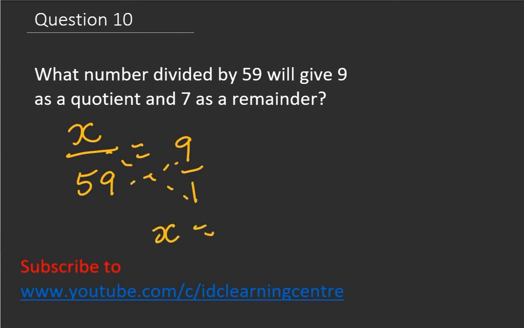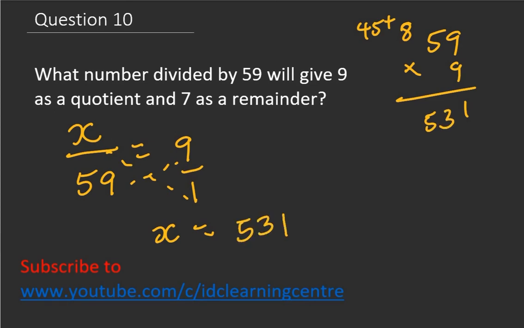Now 59 times 9, let's do it here. 9 times 9 is 81. Put 1, bring 8 here. 9 times 5 is 45. 45 plus 8 is 53. So x is 531. Don't forget the remainder, 7 as a remainder. So add the remainder, the number will be